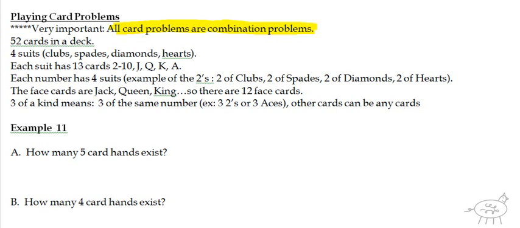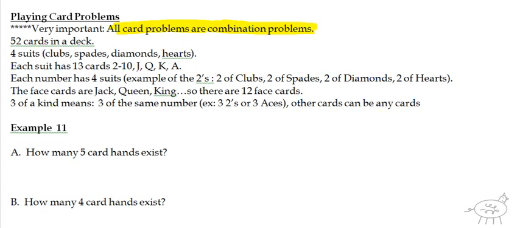First of all, there's 52 cards in a deck. There are 4 suits in a deck, which means the club, the spade, the diamonds, and the hearts. Each suit, so each club, has 2 through 10, Jack, Queen, King, and Ace. That's 13 cards. So 2 through 10, Jack, Queen, King, Ace. Each suit has that. And that's why there are 13 of those, and then 13 times 4 is 52, total